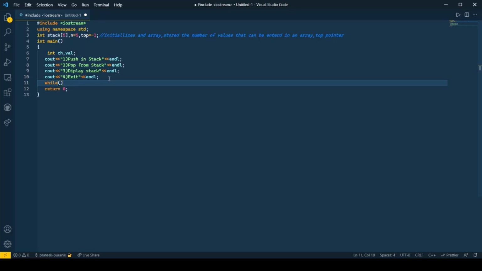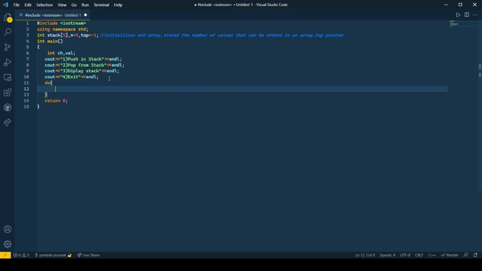Now instead of making a while loop, let's call it a do while loop. The reason we are making a do while loop instead of a while loop is so that we can continuously print these four options which we can perform. So for example, initially I would print these values and then enter the choice. So in order to continuously enter the choice, we are using the do while loop.